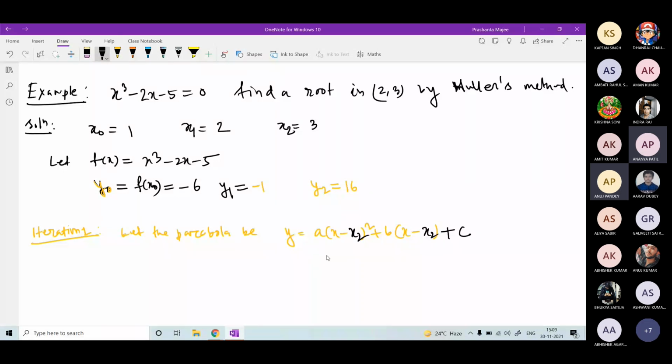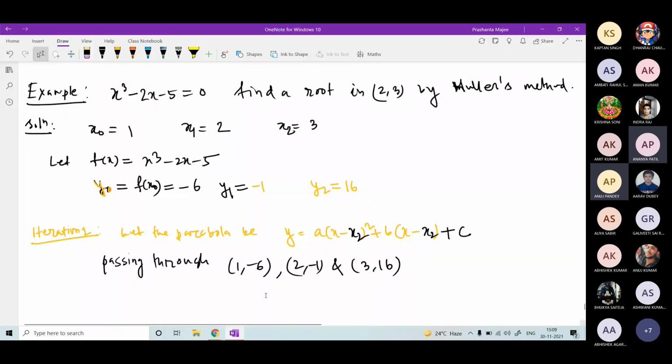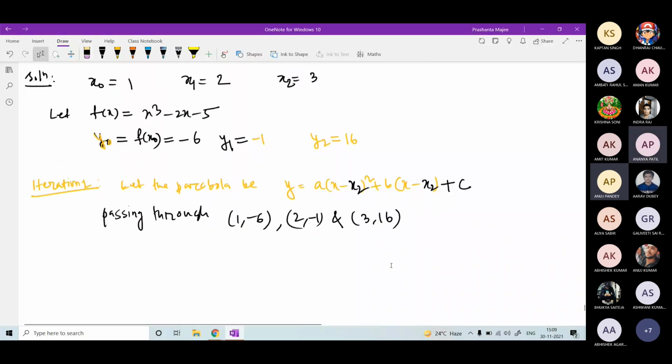This parabola is passing through the points 1 comma minus 6, 2 comma minus 1, and 3 comma 16. So tell me which parabola will be passing through these 3 points. We have assumed that the parabola is y equals a into x minus x2 whole square plus b into x minus x2 plus c,